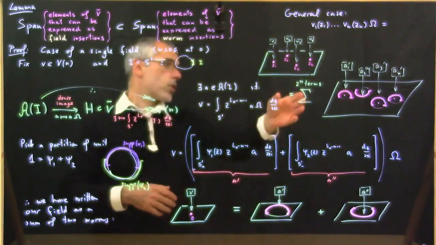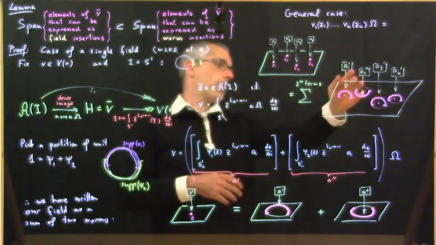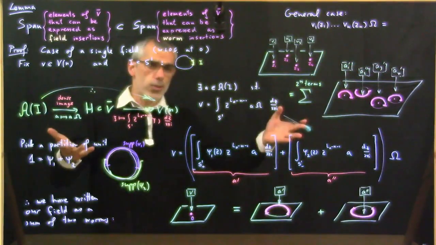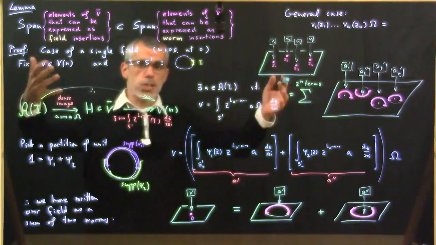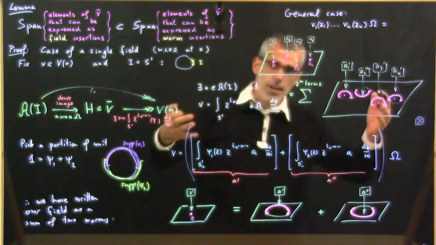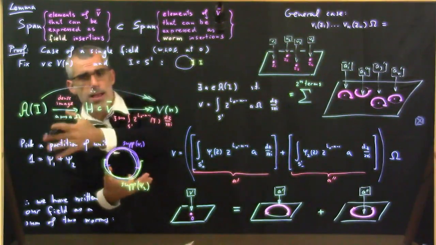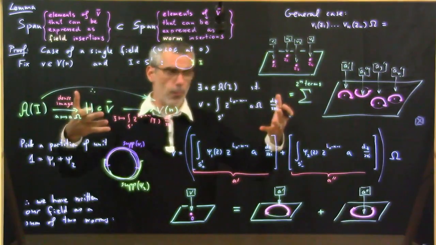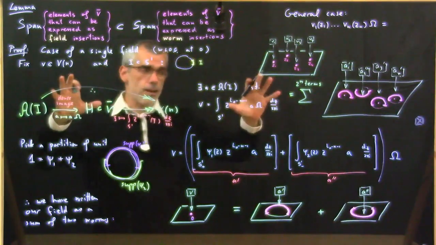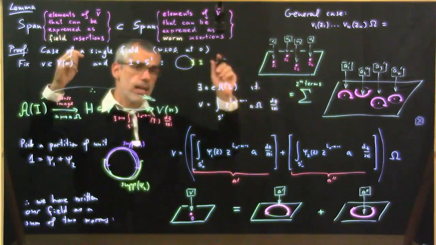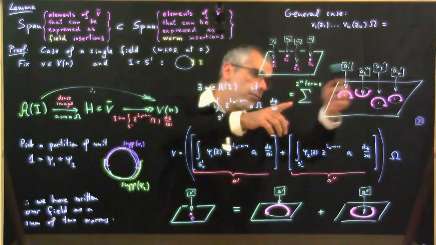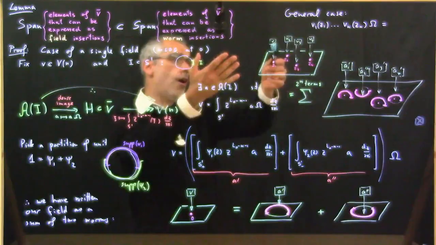So the 2 to the n terms correspond to choosing between prime or double prime for each one of these field insertions. So this proves our lemma, of course, under the assumption that we have a fully coherent formalism for unitary chiral CFT involving both VOA and a conformal net points of view. But really, what this argument is good for is that suppose we start just with a conformal net, then we can use the right-hand side of this as a definition of the left-hand side.